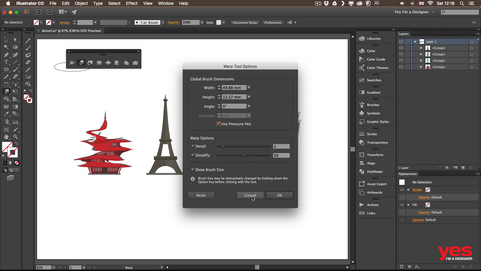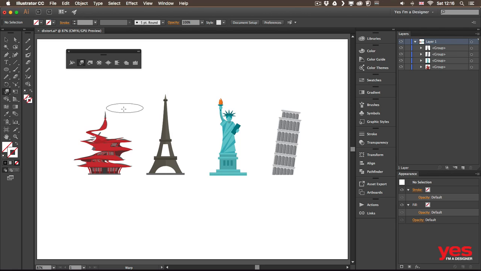I'm going to just cancel out of here, and I'm going to undo these last couple of steps I've done, and keep it probably around there. And then let's move on to the next tool called the twirl tool. Now this is also quite interesting, and by the way, notice that the settings on the brush stay the same